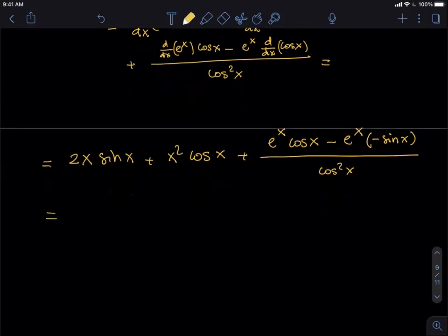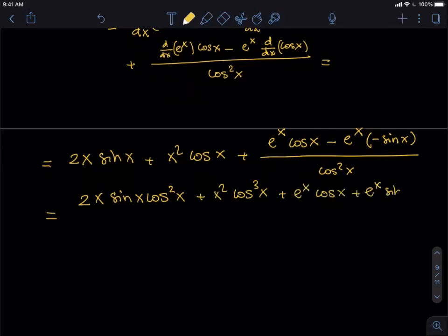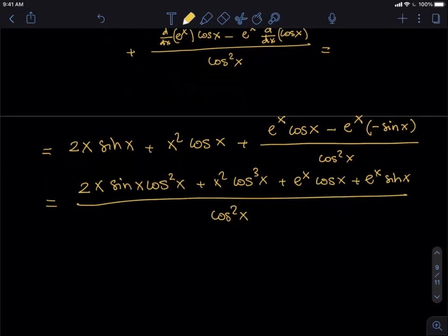And that's it. So now we can bring everything to the same denominator: 2x sine x cosine squared of x plus x squared cosine cubed of x plus e^x cosine of x plus e^x sine of x, divided by the cosine squared of x. And that's pretty much it. It doesn't look like we can simplify this any further. Actually,